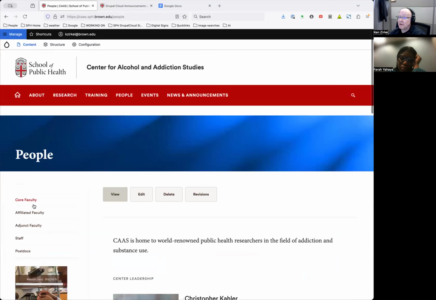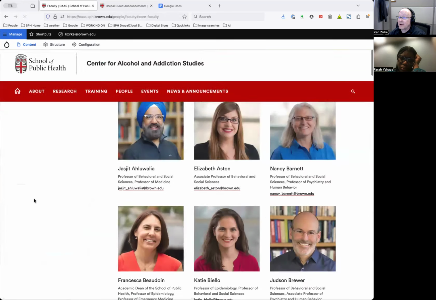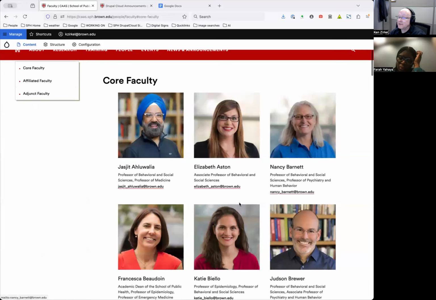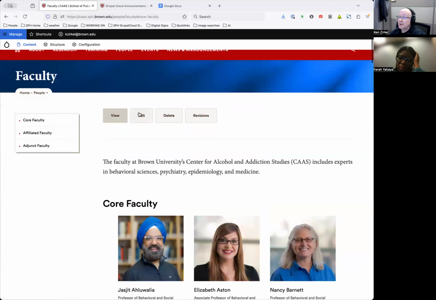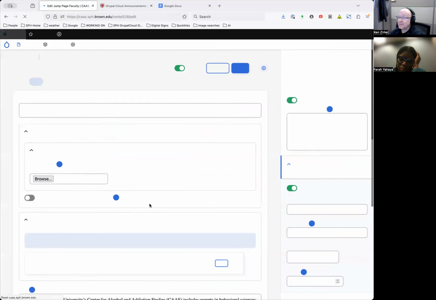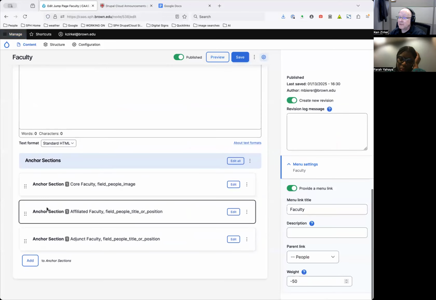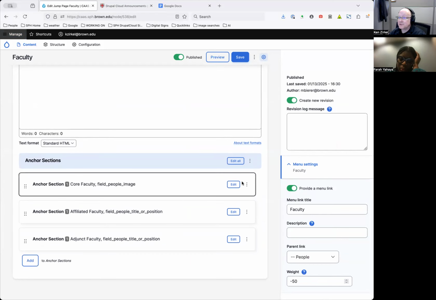You probably won't be editing the leadership too much. So let's go to core faculty. The way this is set up, I could tell already this is a people grid, not a people list. And if I edit the page, you can see it's set up into three different sections. So the core, affiliated, and the adjunct, as we saw before. And so if you were, let's say, removing somebody,